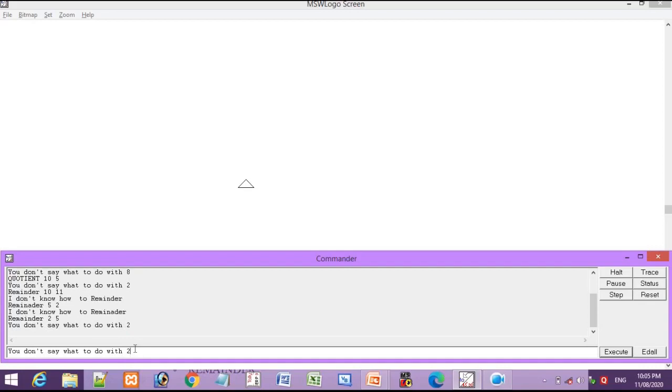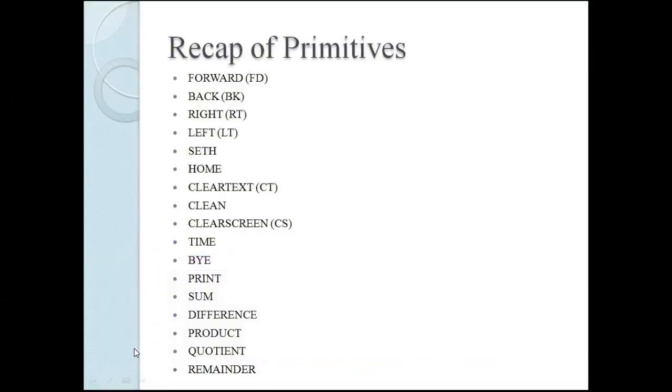Okay, so in this way we can use all these primitives, and you have already used these primitives last year when you learned practicals. Okay, so I hope you have understood it again in detail. If possible, do it in the same way I am doing and try to do the practical. And to exit from the screen, we were using the bye command. When you type bye in the commander window and press enter, the screen will be exited. Your screen will be closed.